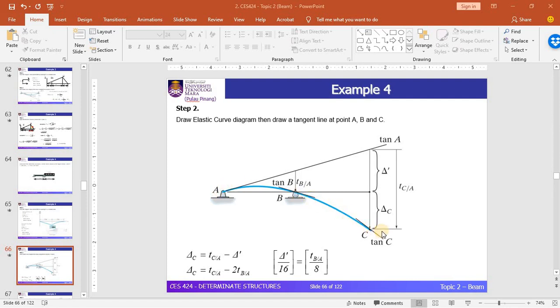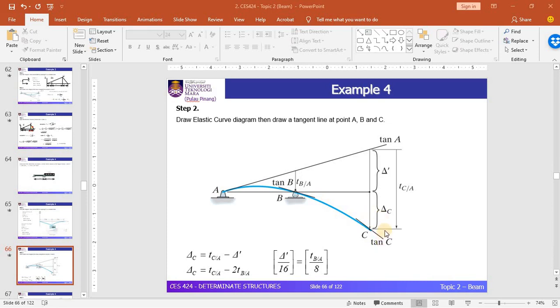Since this is about the deflection at point C, you need to draw the tangent line at point C, and the reference tangent line is the tangent line at the support. That is normal when dealing with the moment area theorems. Most of the time, from example 1 to example 3, the tangent line at the support is involved. Once you have drawn the tangent lines for A, B and C,